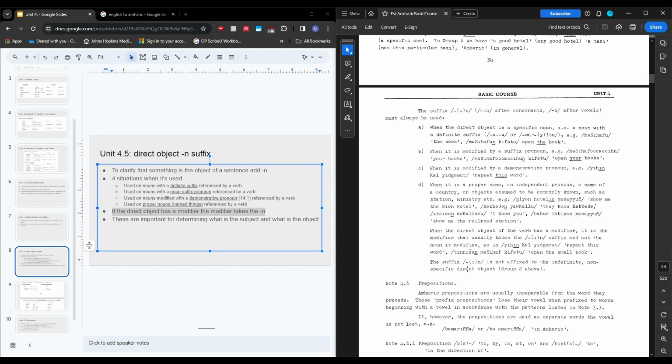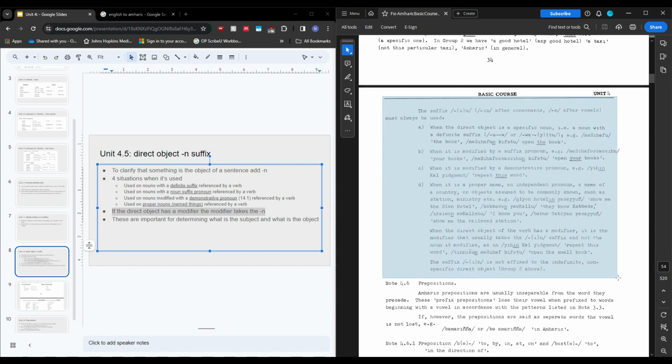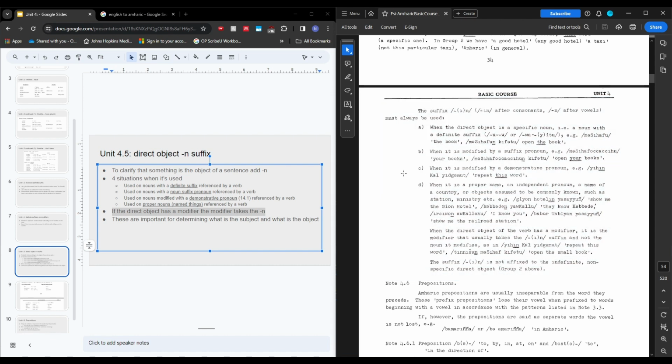It's kind of confusing. It just takes some practice, and I wouldn't stress it too much because I get this wrong all the time and people are still able to understand most of what I'm saying. It is sometimes important because, like I mentioned in the channel intro, that n can help differentiate between the subject of a sentence and the object of a sentence. So in those situations, it's pretty important to get right. But most of the other time, if you are talking about something and it's going to be affected by a verb, just throw an n onto the end of it and you'll probably be fine.